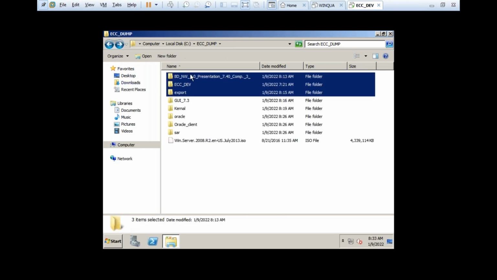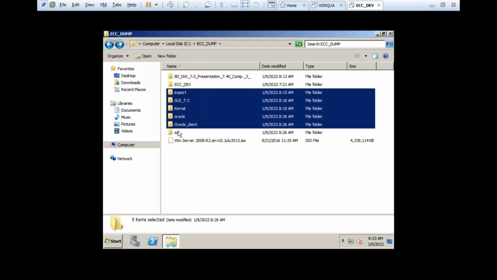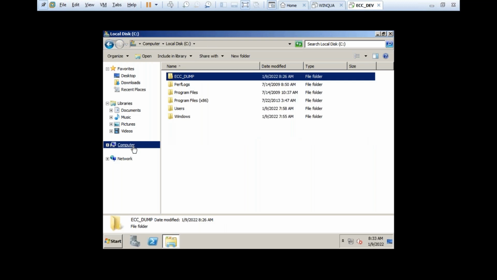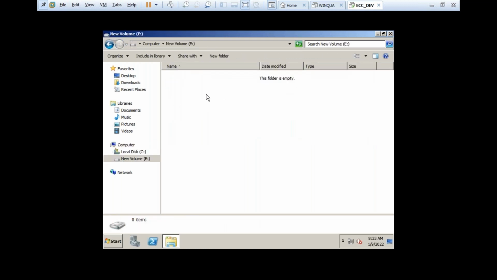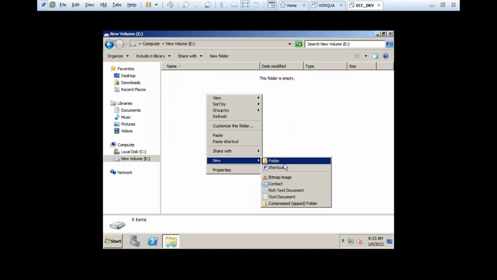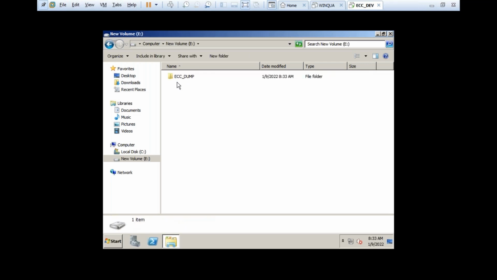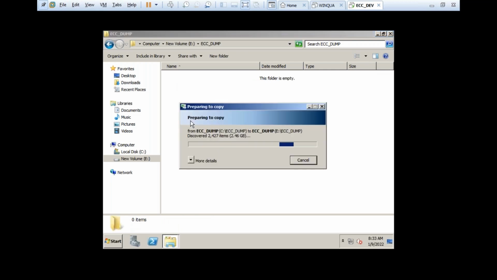I just need the export BW Oracle SAR. I don't want this ISO file now. See, within a drive, it will take very less time to copy.